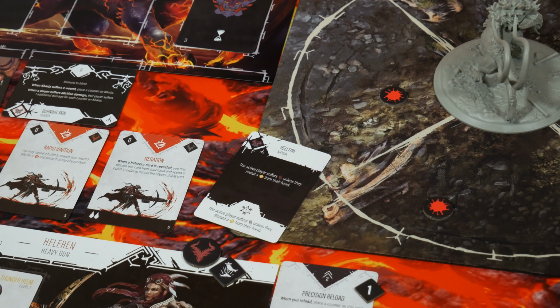I don't currently have a yellow card, so this is not good. It's going to spend a struggle in order to enhance this, go up to the active player suffering damage unless they discard a yellow card from their hand, I should say. So unfortunately, we are going to be taking 1 damage, bringing me up to a total of 10, 1 away